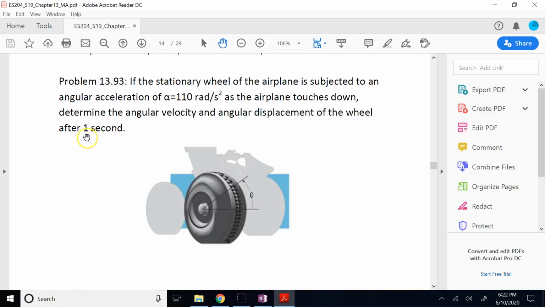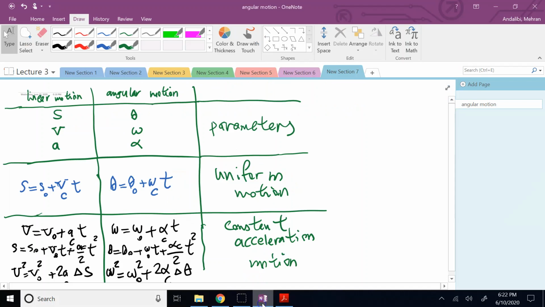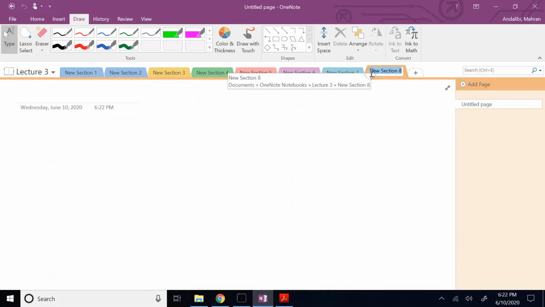I want to know 1 second after the contact started, with alpha staying the same, how much is omega and how much rotation has happened. Okay? So this problem says,